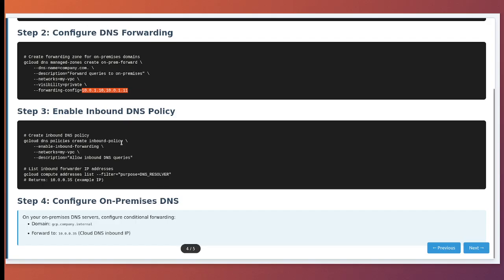The crucial third step is creating the inbound DNS policy. This is what allows on-premises servers to query our cloud DNS. Use the command gcloud dns policies create inbound-policy. You'll need to include the enable-inbound-forwarding flag, specify the networks as my-vpc, and add a description such as allow inbound DNS queries. When you run this, Google Cloud automatically creates DNS forwarder IP addresses in your VPC that on-premises servers can use